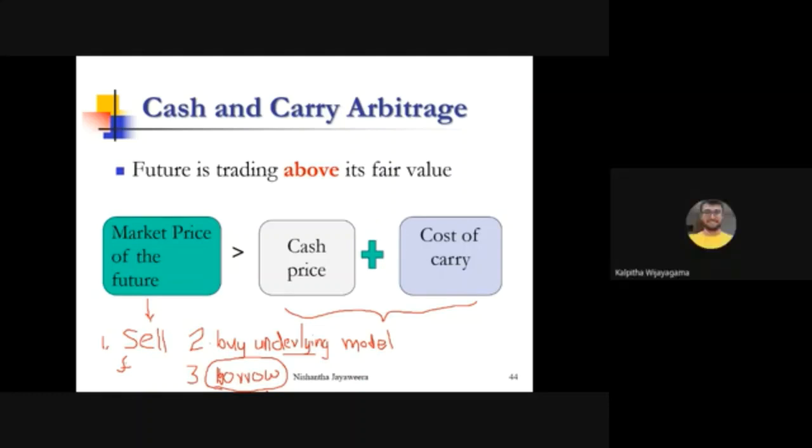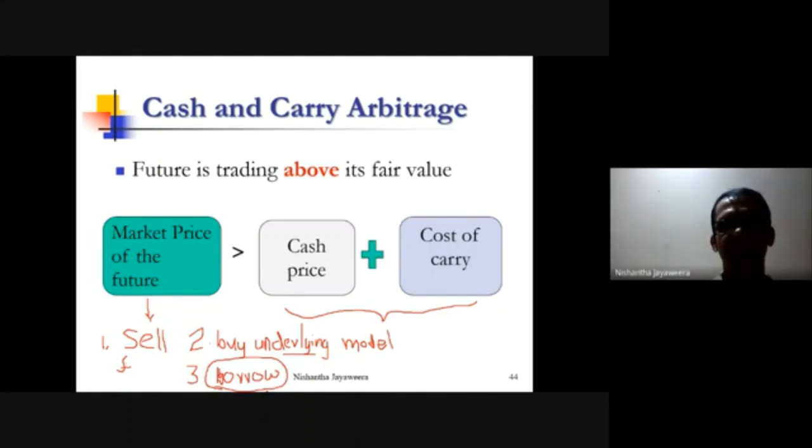You deliver the underlying and get the proceeds and settle the loan. Exactly. So now you have the underlying asset because you have already bought. You keep it until the expiry of the futures contract. On the expiry of the futures contract, you deliver your asset. You get whatever the futures price that you agreed,